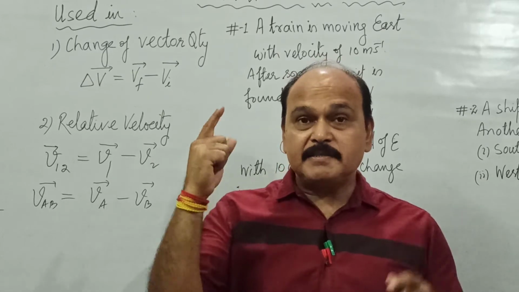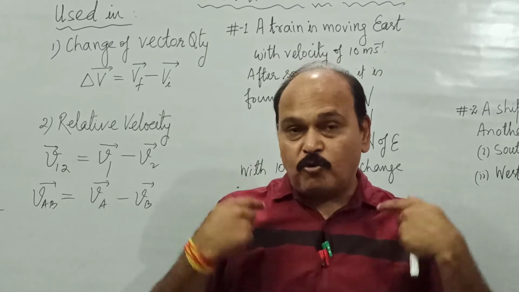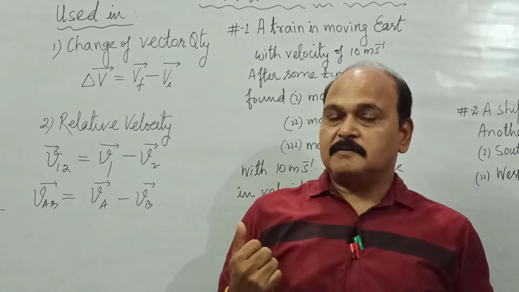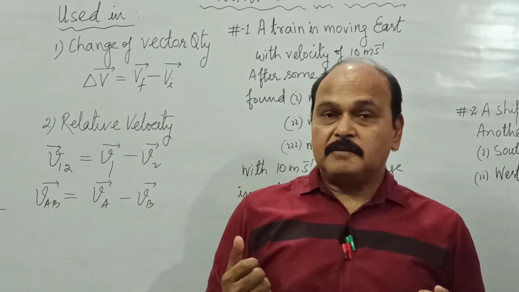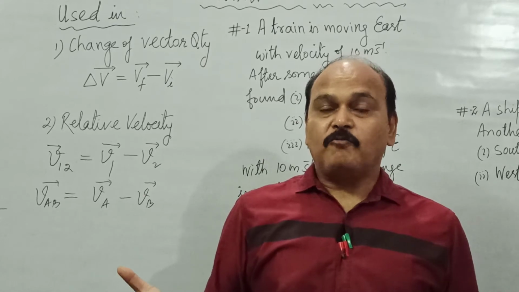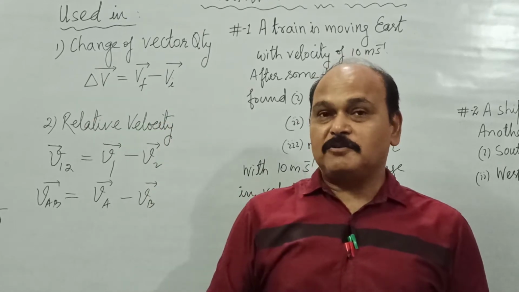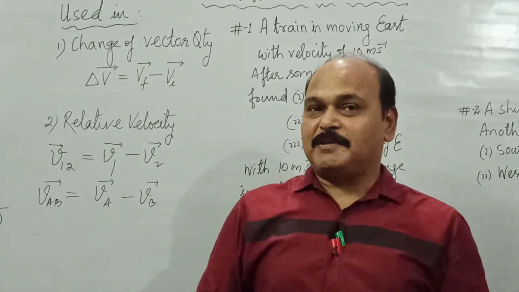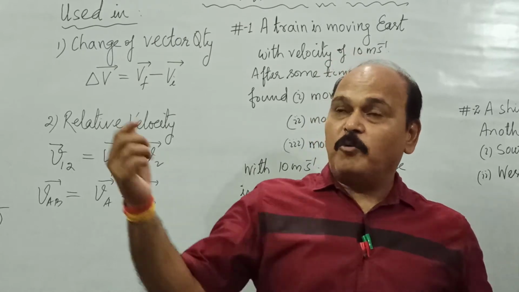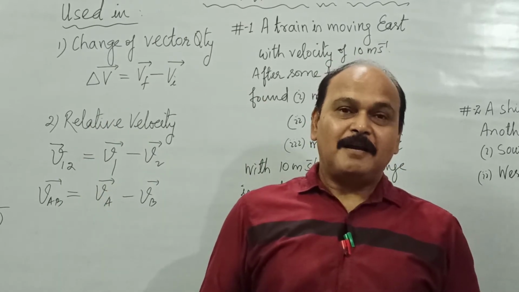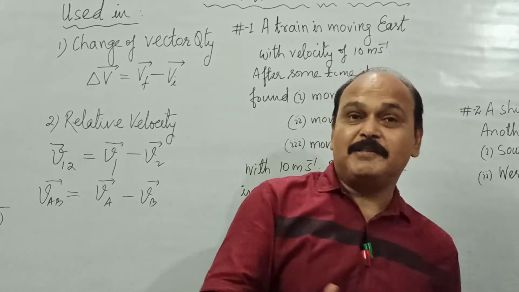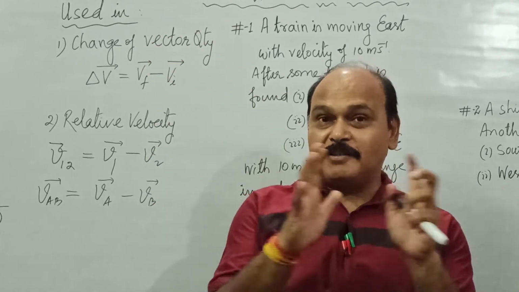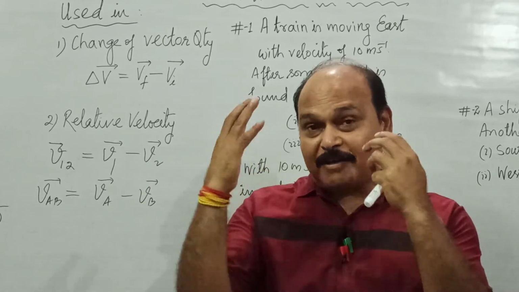Our human mind is never able to conceive the velocity of one's own frame of reference. If we see an object moving towards us, the fact may not be the same. What could be the situations when you see an object moving towards you? It may be that the object is at rest and you are moving towards that object. The other situation could be that both of you are moving towards each other. And the third situation could be that both of you are moving in the same direction and you are moving with greater speed than the other one. So in all these three situations, you will see that the other person is moving towards you.